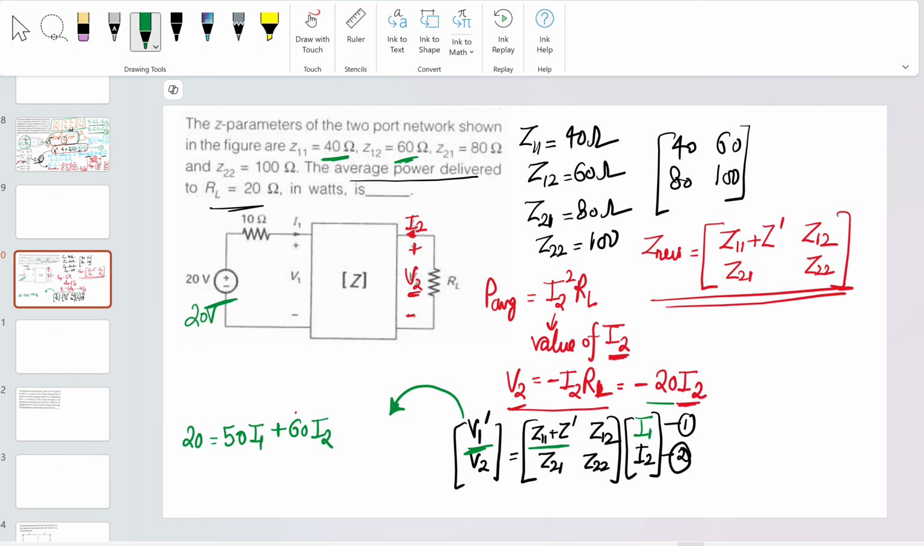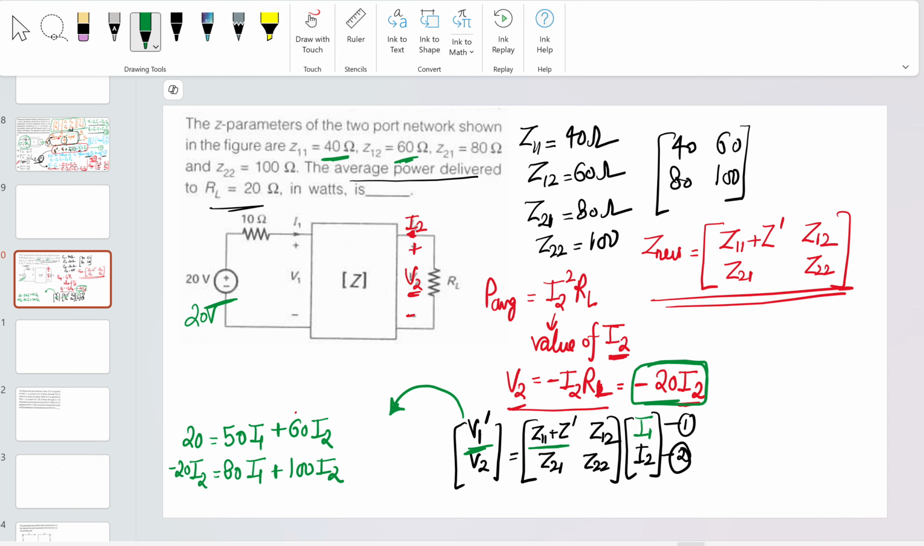V2, what we have found out? We have got V2 equal to minus 20 times I2. Keep it here: minus 20 times I2 is equal to Z21 times I1 plus Z22 times I2, where Z21 is already given as 80, so 80 times I1 plus 100 times I2. Okay. Now,